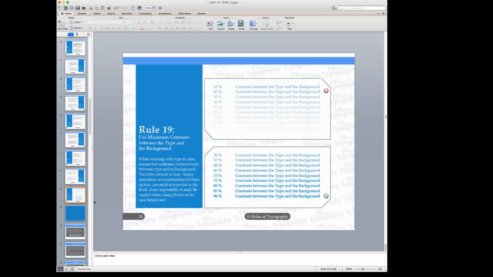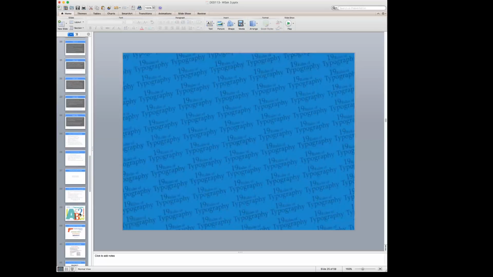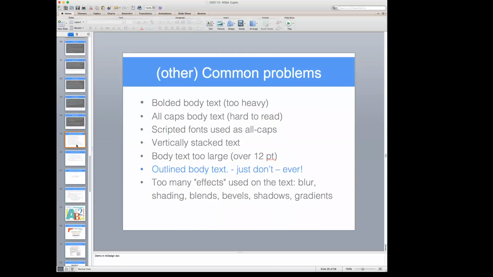That's why I say to avoid backgrounds right now on your articles. I don't want any backgrounds on your article layouts, okay? There's no need for that. We'll be going over how to create a very aesthetically pleasing layout without needing to add any busy backgrounds to our articles, okay? All right, so we made it through the 19 rules. Let's see what else I wanted to talk about.